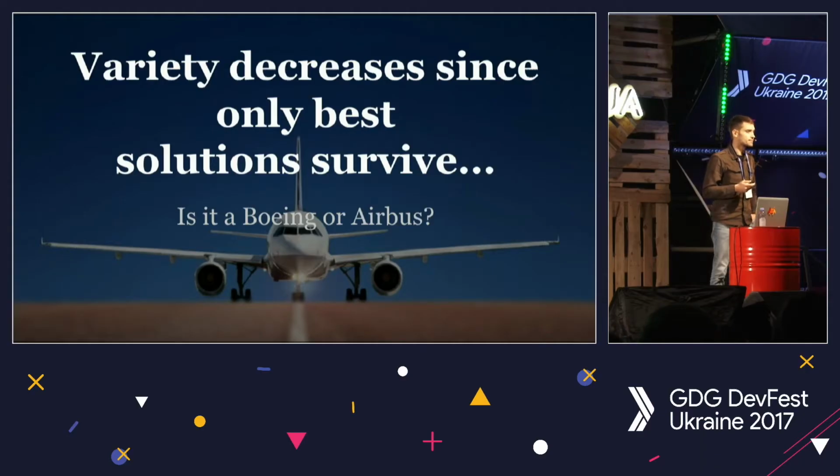Some of you were flying by plane to this conference, and when you were bored in the airplane, you probably didn't distinguish whether it was a Boeing or an Airbus. Basically, two companies produce 90% of passenger airplanes nowadays. Can you say whether it is a Boeing or an Airbus in the image? It's really hard to say. It's really hard to say because of unification. I'm a fan of aviation, but even still I can't.